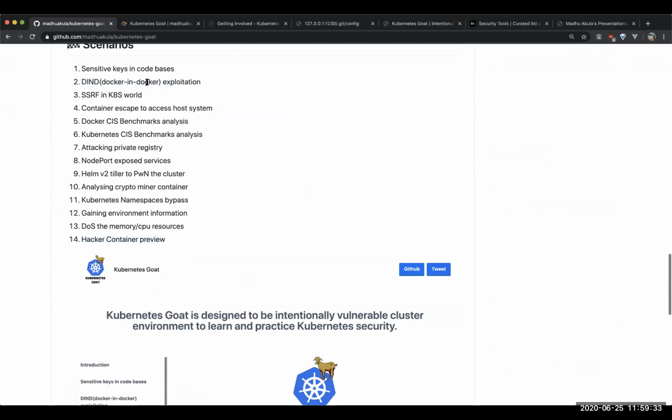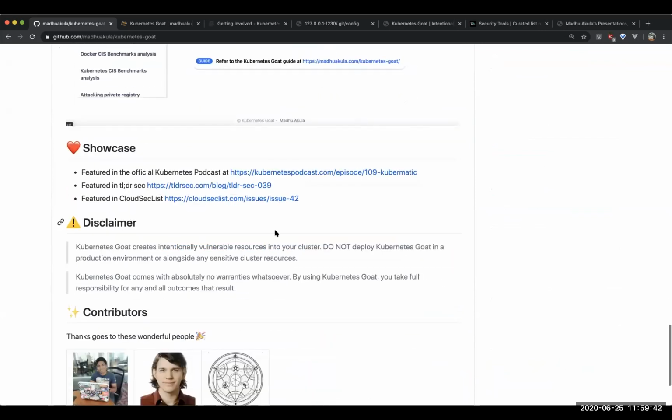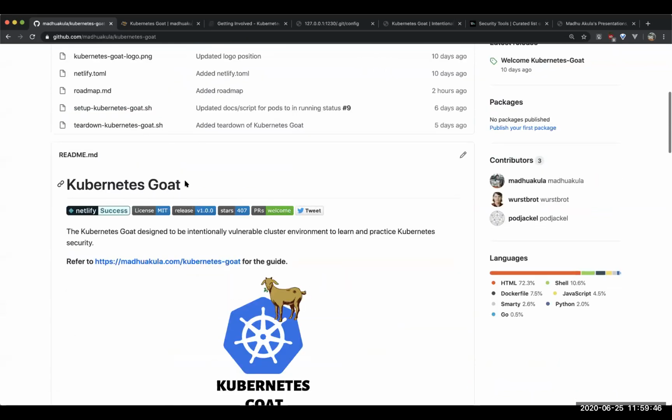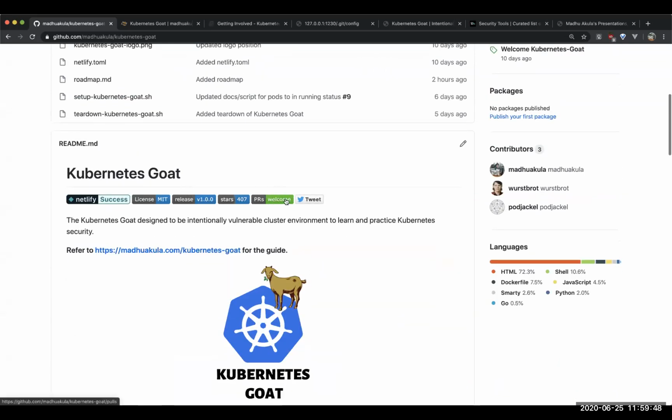For example, how do you define vulnerabilities like container escape, and how can you detect or defend against these? That would be really helpful. And if you think of documentation, that is also very helpful. It doesn't have any limit. You can work on improving any part of this project, and I'm really happy to accept your PRs. Thank you.